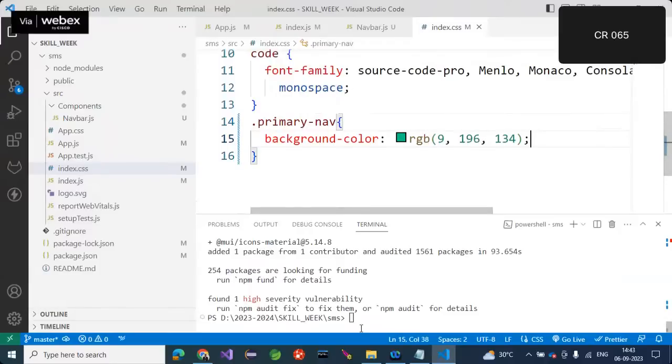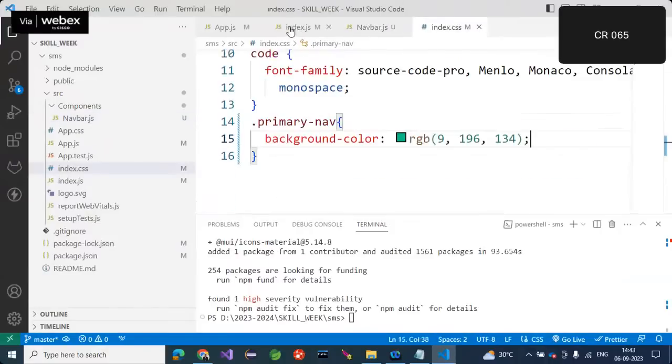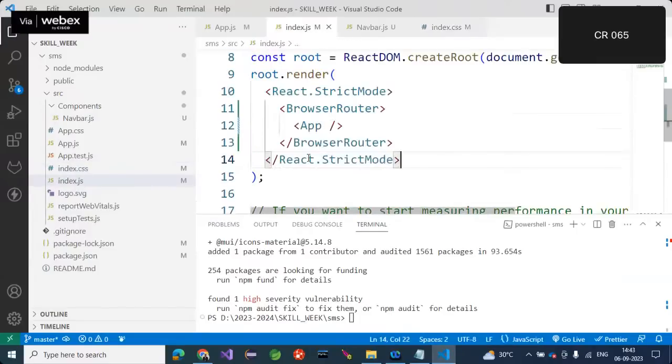Just keep it as it is. Now what I want to do, first of all, I created one nav bar with some nav links, and I modified the background color for the nav bar. And in index.js I added a browser router, and then in the app.js,